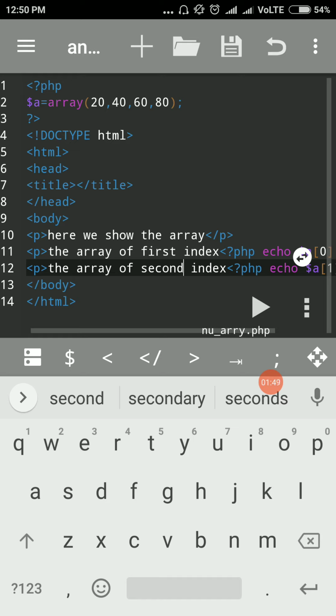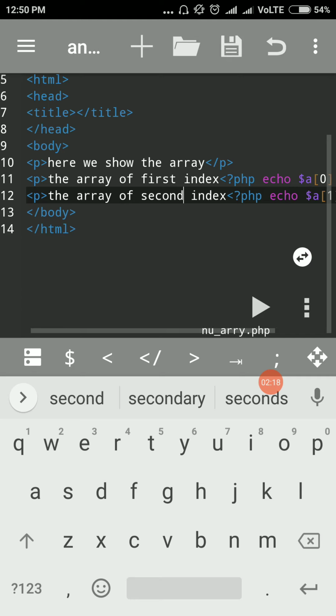Instead of doing it one by one, we can use a for loop. We already discussed the for loop in JavaScript. The only difference is how we declare the variable: here we declare the variable using a dollar sign, and there is no dollar sign in JavaScript. Otherwise it is the same control statement, with no other changes. So we discuss one by one how to retrieve the output.